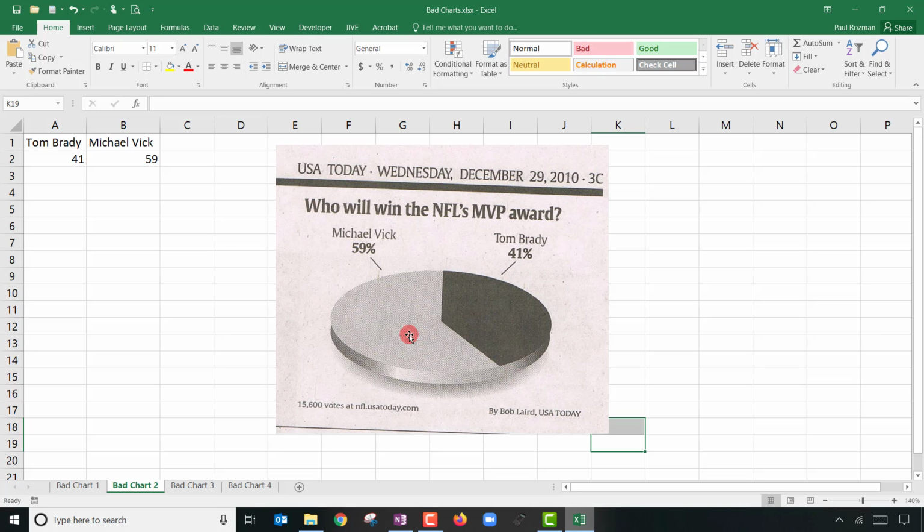But there is something majorly wrong with this. Maybe as I'm blabbing here, you've figured out. Because it turned out, if you want to look it up, Tom Brady did win. Even though he was so far behind according to this poll on December 29th. It turns out that if you look at this thing, the voters only had a choice between two players. If you allowed them to vote for other players of the 2010 era, maybe Brett Favre would have stolen some votes. Maybe Peyton Manning stole some votes.